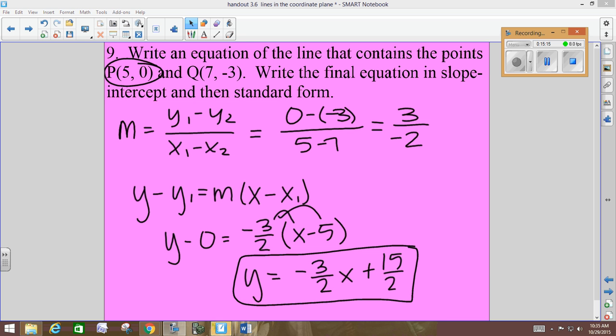Did you check your work? Do you have 0 minus -3, or -3 minus 0, over 7 minus 5? What's 7 minus 5? Okay. All right. So those are your writing equation examples. On the bottom,